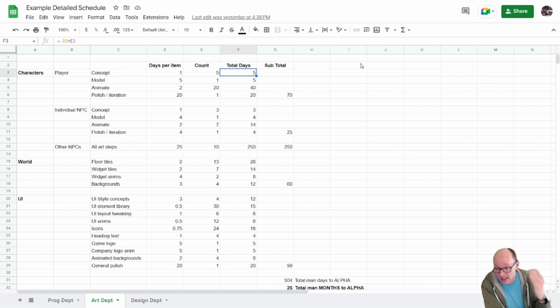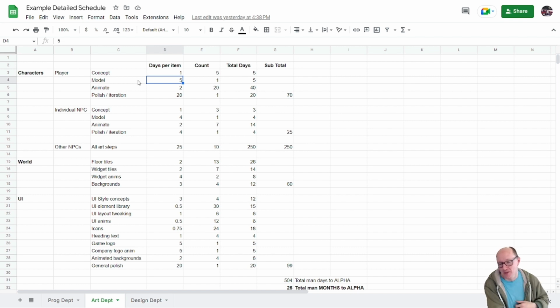Once we then select the one we want, we're going to model it. And modeling it's going to take 5 days. What does modeling it mean? Well, if we're doing 3D rendering and he's an animated character like in an animated movie, then we're going to build a 3D mesh of him or her. And if it's a 2D style where it's kind of flat card, then maybe we're drawing sprites or something like that.